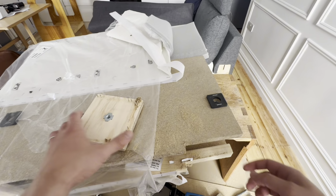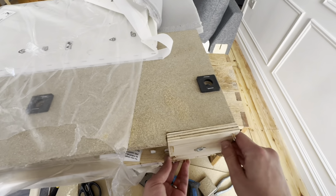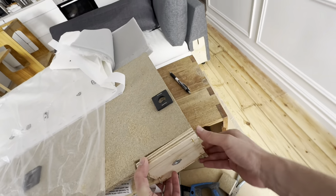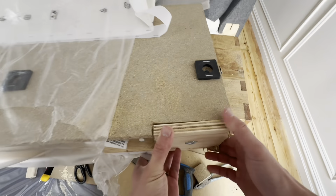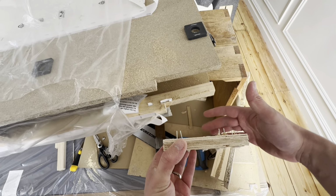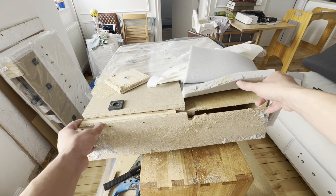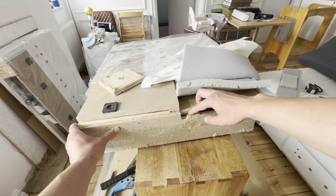Right, so those notches have been cut. This, well, I can't show you because of the nails, but if we just flip it, you can see the edges meet. I just need screwing. So I'll just remove these staples. This is what I meant that would be getting in the way. So this fits in here fine, and this would fit in here, but if it wasn't for this piece of